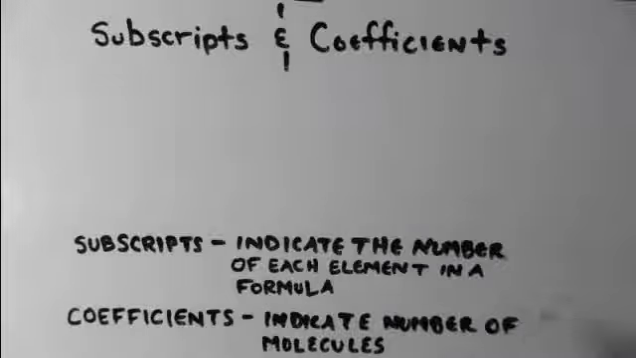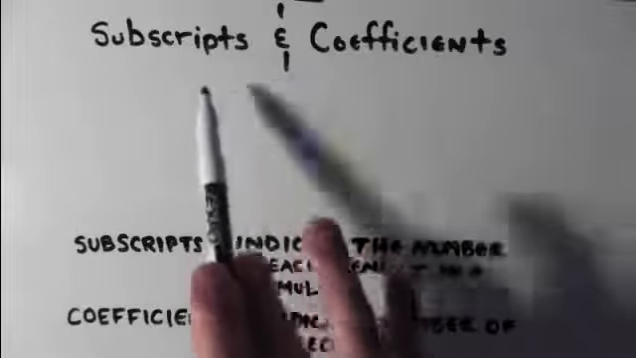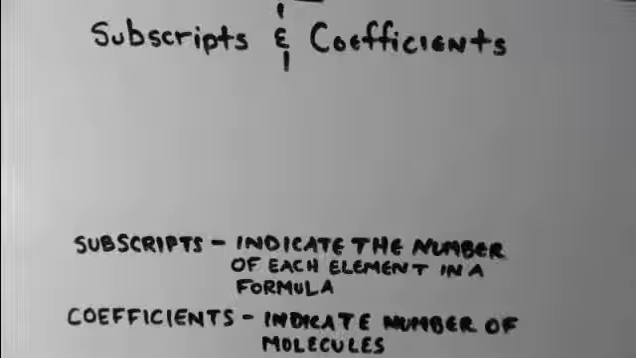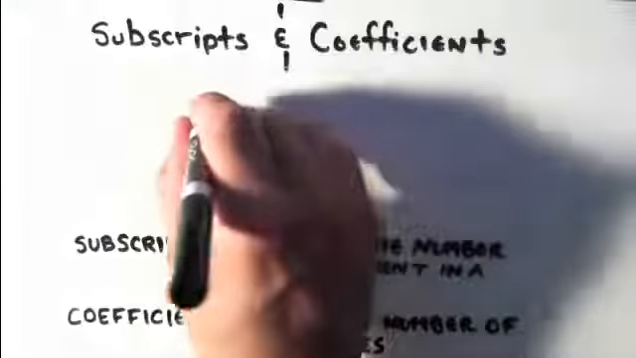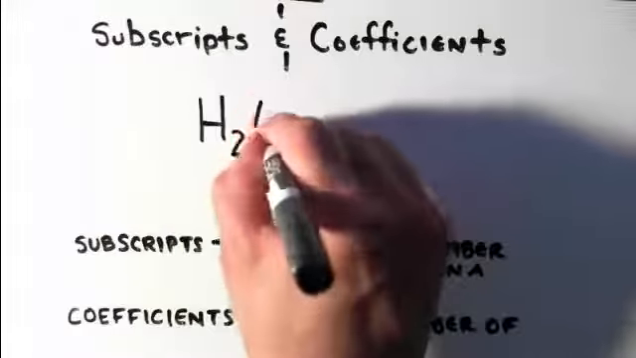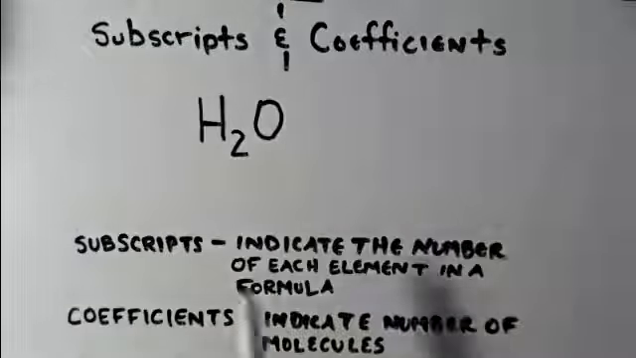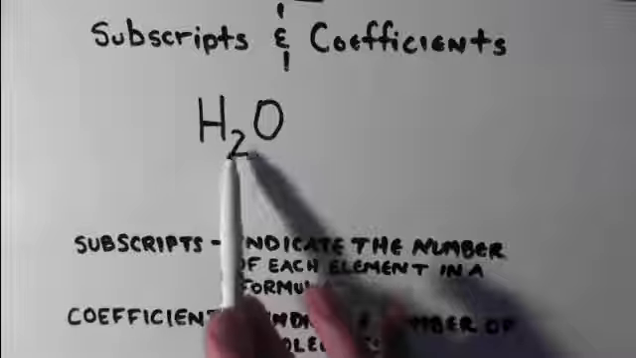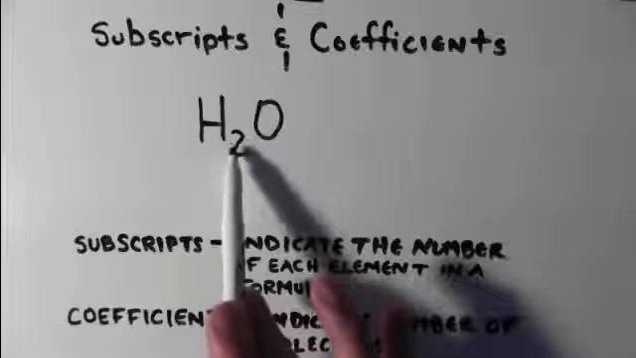In this video I want to introduce the concept of subscripts and coefficients. We use subscripts and coefficients when we write chemical formulas. For instance, one we're all familiar with is water, H2O. Now, hydrogen has a subscript, a number in the lower right hand corner of the element, at the foot